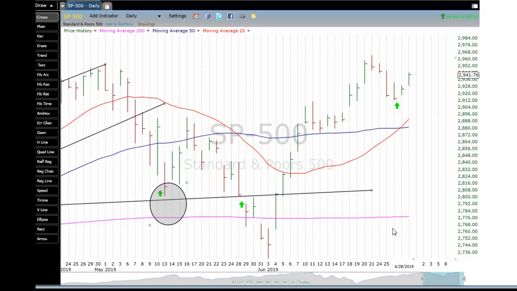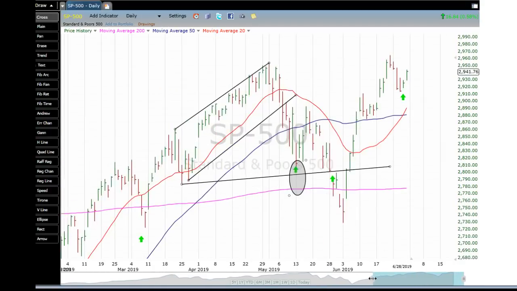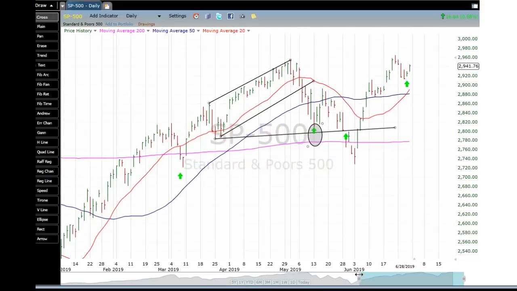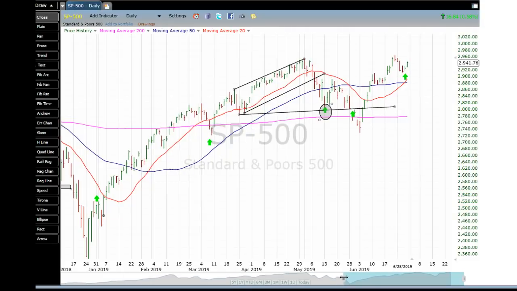Let's take a look at the buy setup first. So here's the daily chart again on the S&P, and remember that the 3 day chart turns back up